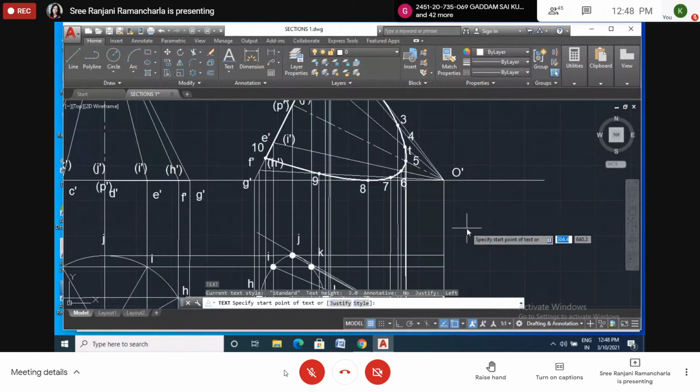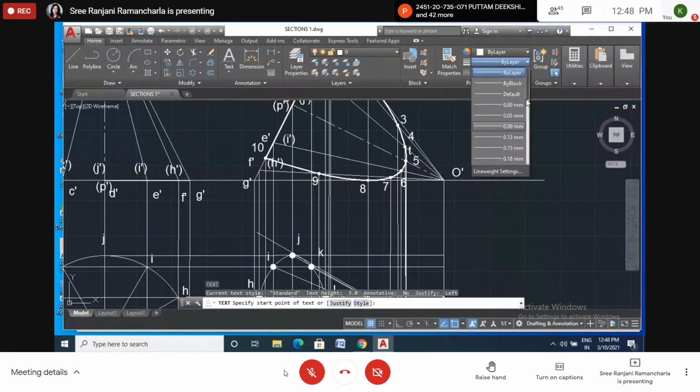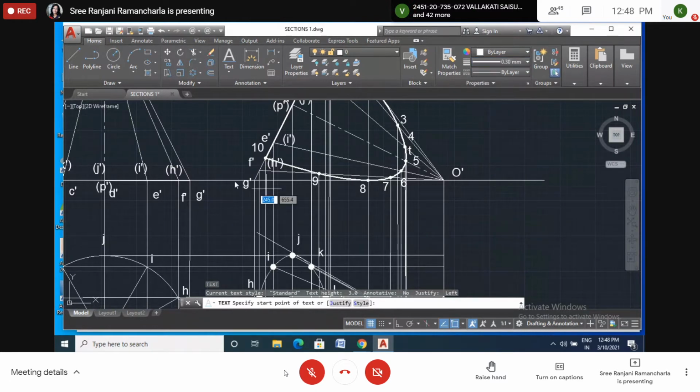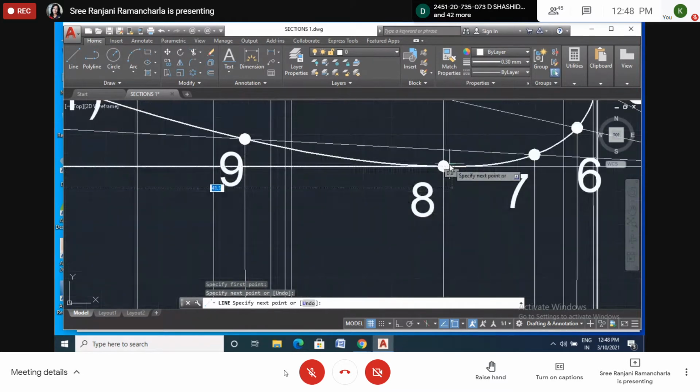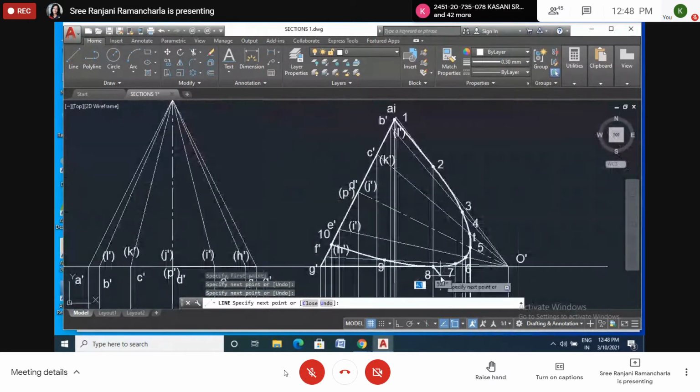So for that one, we have to draw. I will select this and draw the line. So this line is there till here, and this will be there till here. So this line is not there now. This portion is not there. Now we will check this portion.